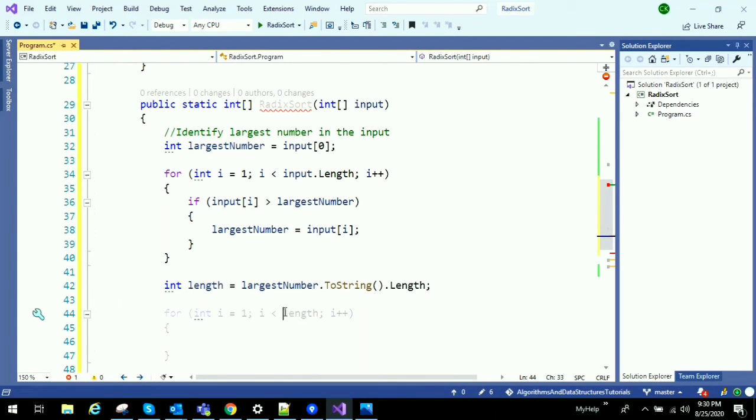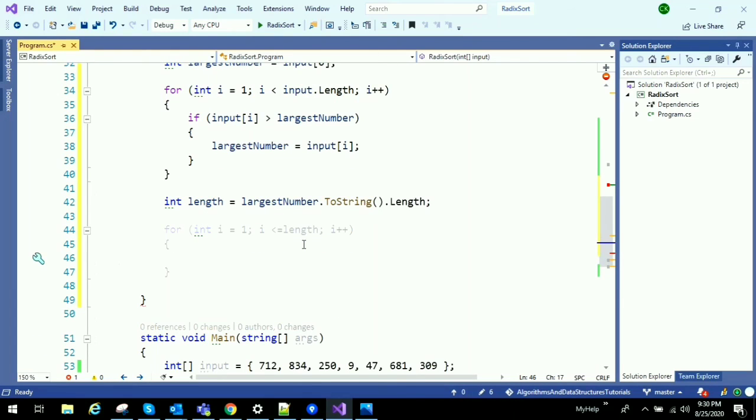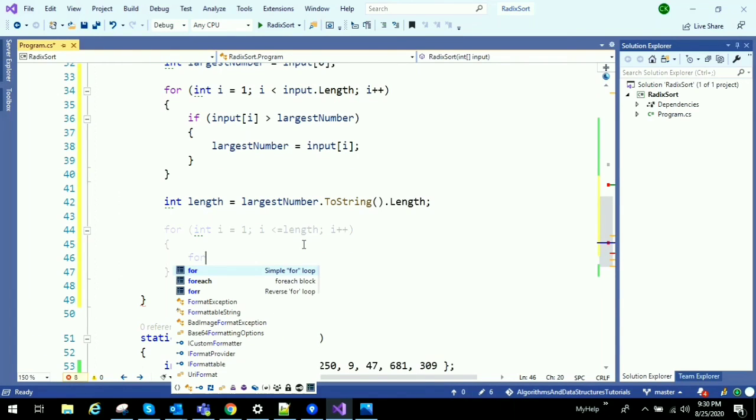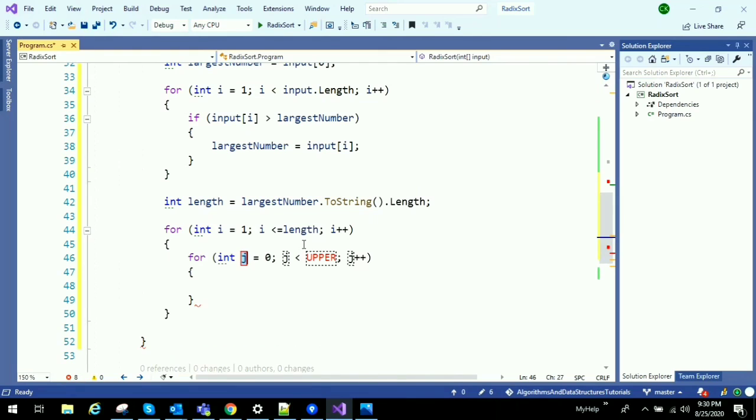It should run those many times. And now we need to process our array for each digit. This loop runs from starting index to end index, and initially we will get the first digit of each element from the input, and then second digit, and then third digit.